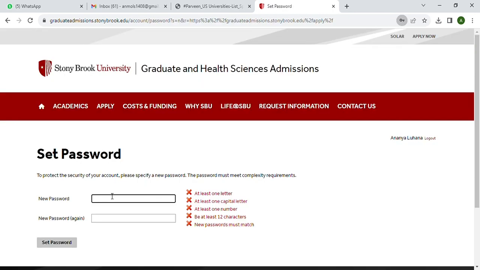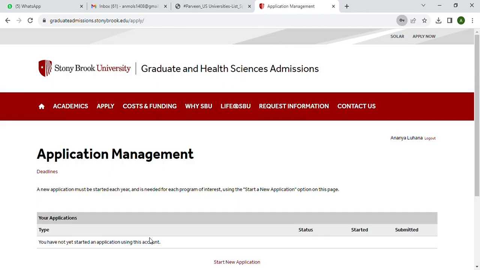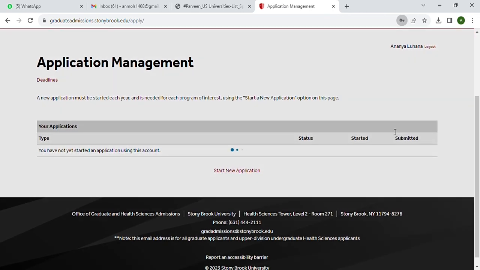Here you need to set the password. Your password must contain at least one letter, one capital letter and one number, and it must be of 12 characters. Then click on set password, start new application,